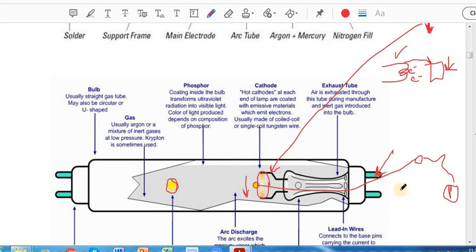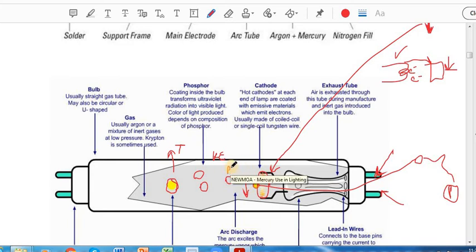ये देखिए दो पिंस हैं आपके जो आपको electrical energy देंगे. So the electrical energy is converted into 2-3 things. One is the kinetic energy will be more. You will find the atoms moving faster in this tube. Second is the temperature of this tube will rise. If I write down, you have the kinetic energy increase here, and you have the temperature increased here, and you will have the photon coming out from these atoms.